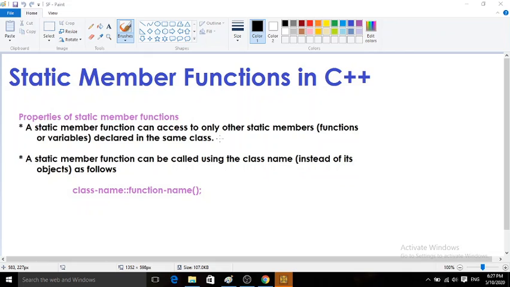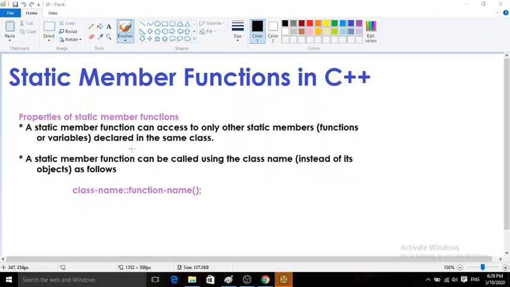That means static functions can access either static functions or static variables only. Simple data members or simple member functions cannot be accessed by using a static member function. So this is one of the characteristics.